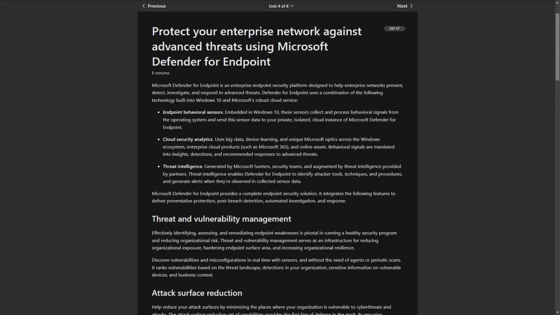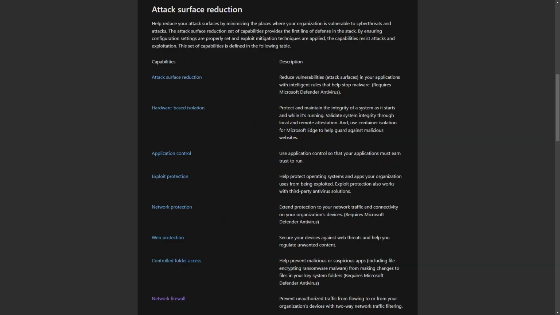increasing organizational resilience. Discover vulnerabilities and misconfigurations in real time with sensors and without the need of agents or periodic scans. It ranks vulnerabilities based on the threat landscape, detections in your organization, sensitive information on vulnerable devices, and business context. Attack surface reduction. Help reduce your attack surfaces by minimizing the places where your organization is vulnerable to cyber